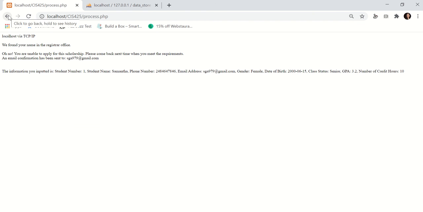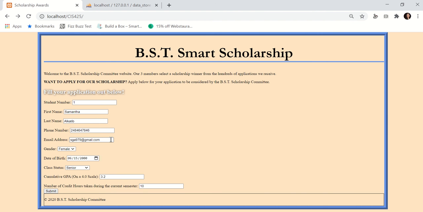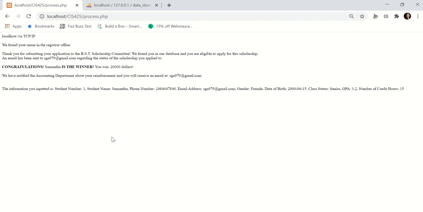So I will show as well how this works if I were to win the scholarship. Say I'm following all of the correct eligibility requirements. So I put in a 3.2 and 15 credits. If I were to submit that, this is perfect. This is what we want. It says that they did find my name in the registrar office. They thanked me for submitting my application, and then they found me in their database, and I was eligible to